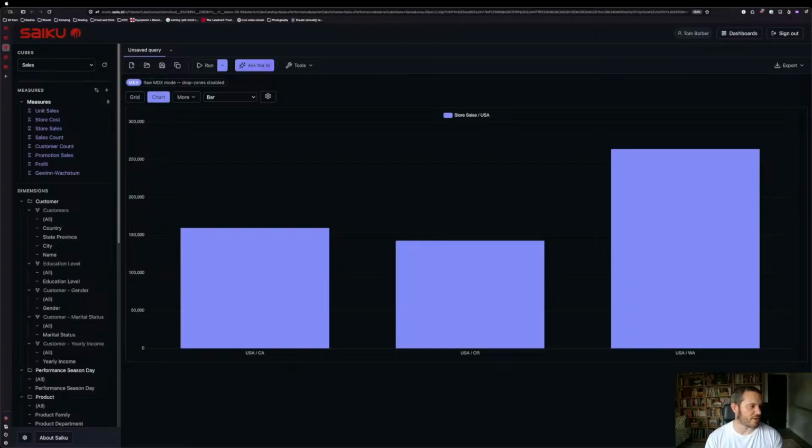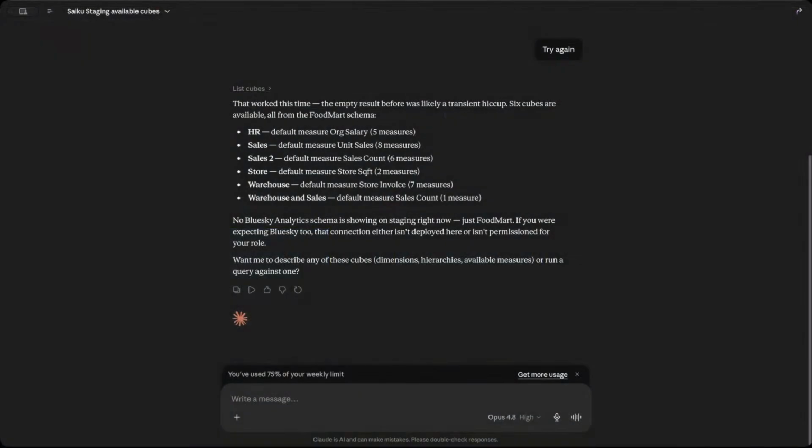Now, obviously, talking about automation, we spoke about AI back at the start. And so I want to just quickly drop into Claude Desktop. And if I click that button, okay, let's see if we can do this. This is connected to the staging environment, just so you're aware, full disclosure. Okay, show me analysis of